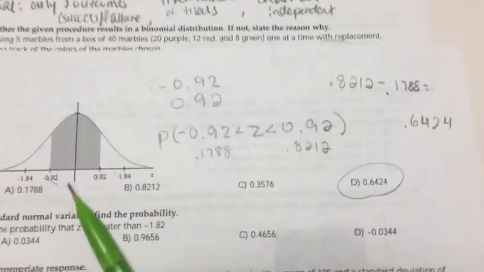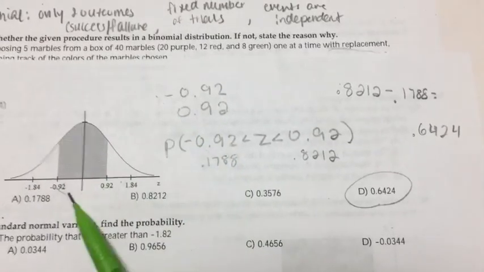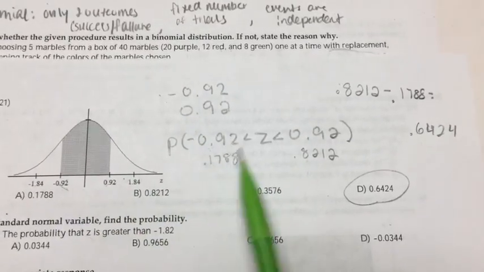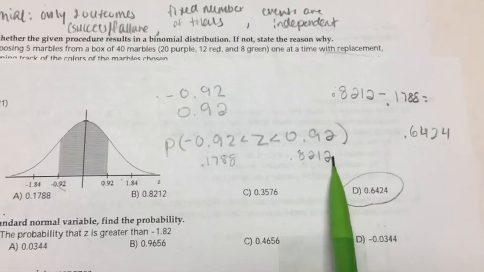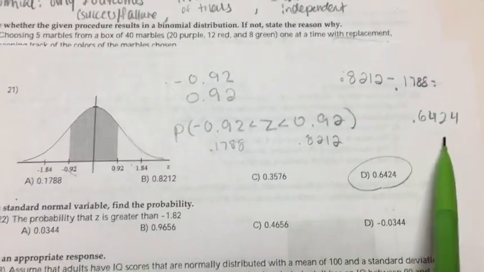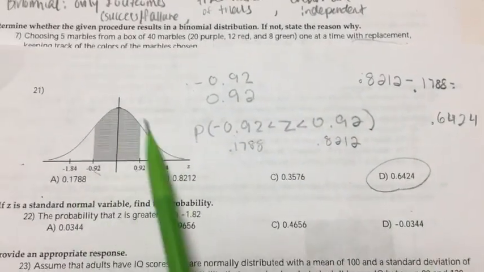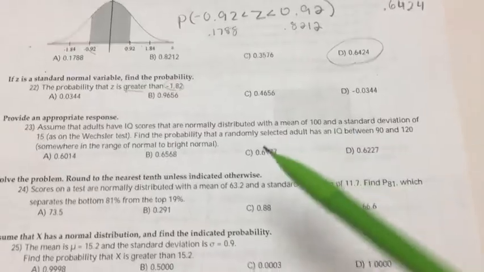But yeah, whenever they want an in-between probability and they give you the z-scores, find the z-scores for both of them, convert them into areas, and then you're gonna take the bigger area and then subtract the smaller area, and that's gonna give you that in-between area. Okay,